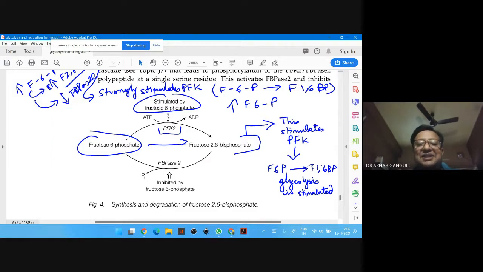when the next... Okay, so fructose 2,6 bisphosphate, it gets converted by